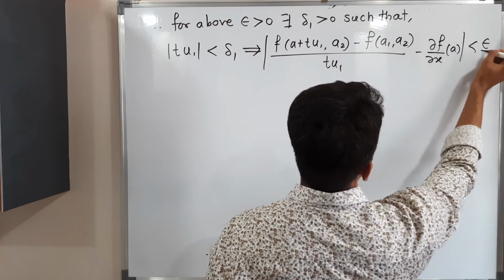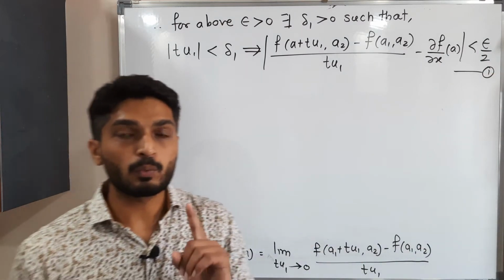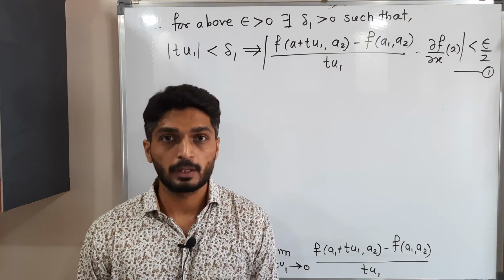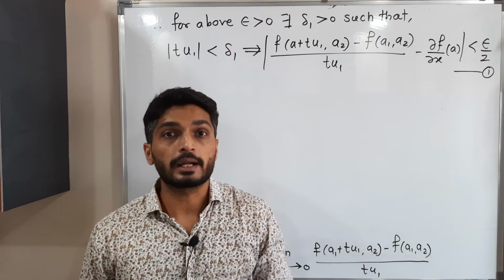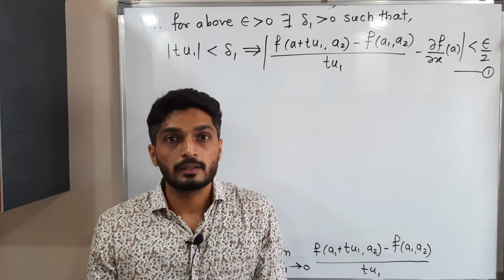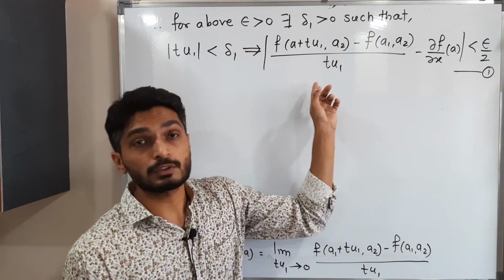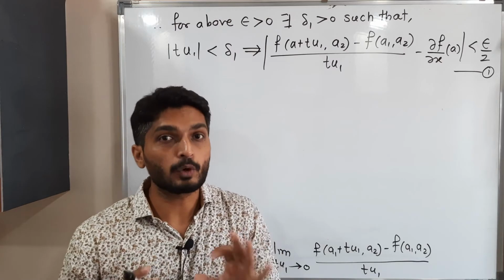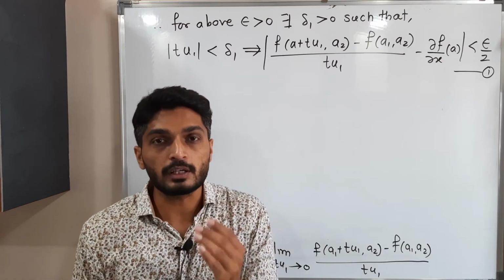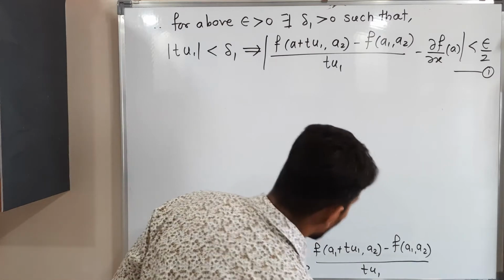is less than epsilon by 2. Epsilon by 2 is an adjustment. I am calling it statement number 1. It's a very important thing. So we have proved that. You remember equation star, 3 mods were there. Here we proved that the first mod is less than epsilon by 2. After that, the third mod is less than epsilon by 2, and we have to think about the remaining 2 mods. Let me remove this part, it is not required.